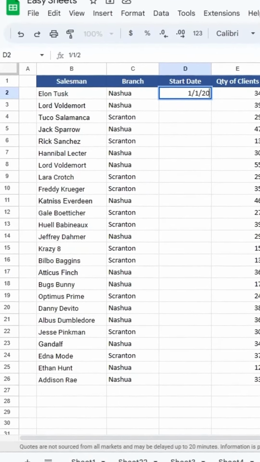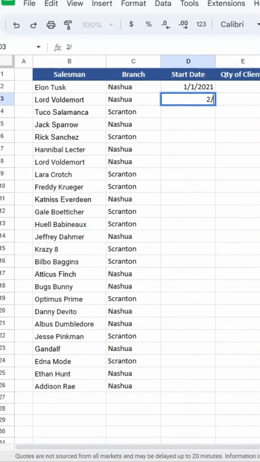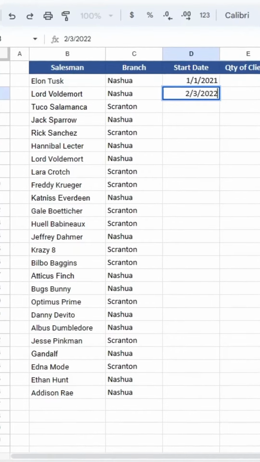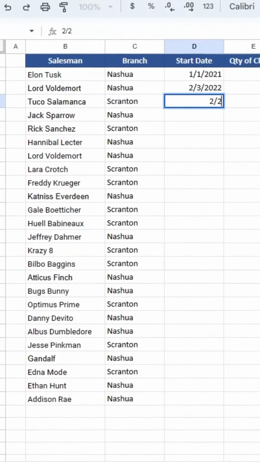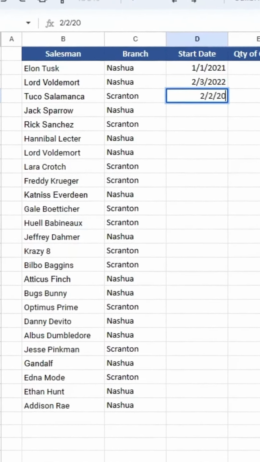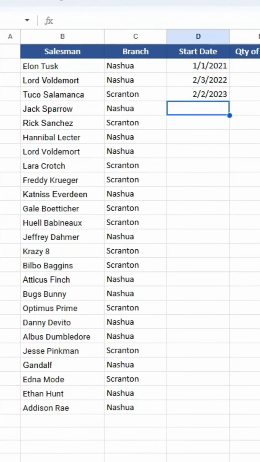Don't manually type your dates. It takes too long and you could make an error. You can use a date picker that is faster and doesn't make any errors. And it's really easy to use. Watch this. First, let me delete these dates right here and select the cells that you want the date picker